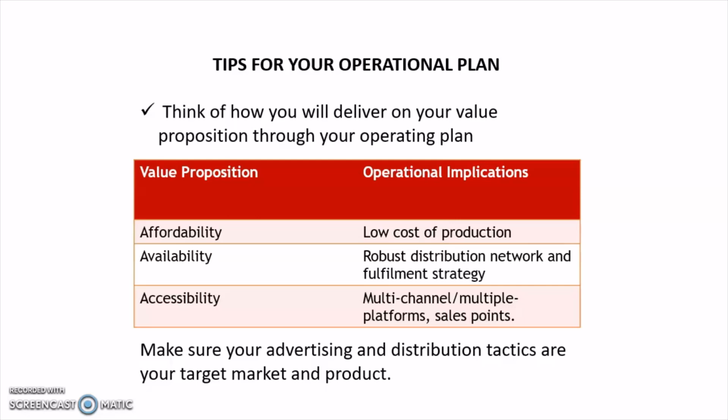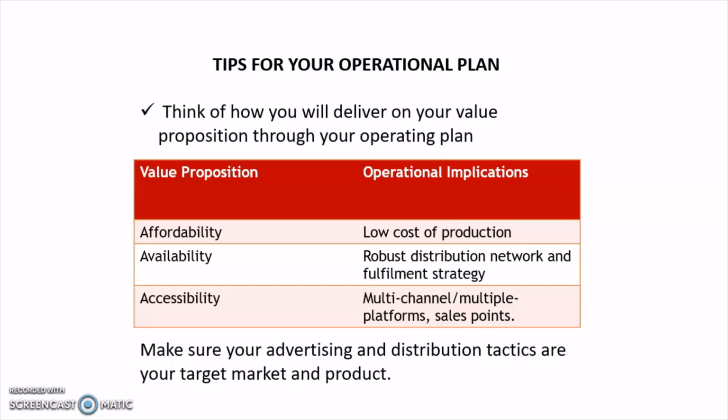You want to make sure that your advertising and distribution tactics are in tandem or aligned with your target market or product. There are products you really cannot use certain channels to distribute. For instance, you cannot use a shop to distribute real estate. You need people going to meet people and talk to them, right? You need to advertise, right? You are not going to go to the market, find a shop and sit down saying you're selling real estate. If that is your operational plan for a product like real estate, you know it will not work, and nobody will support you based on that.